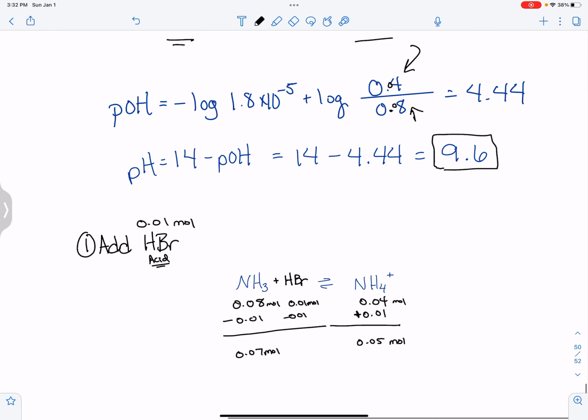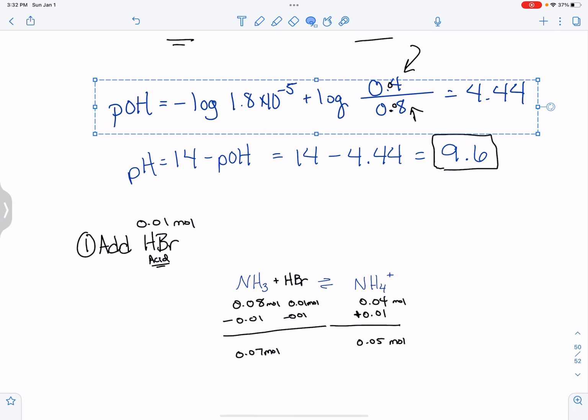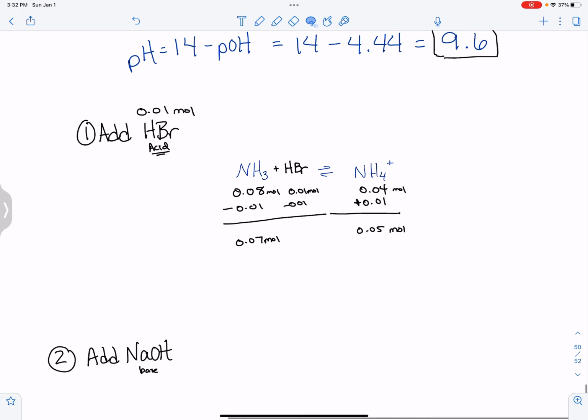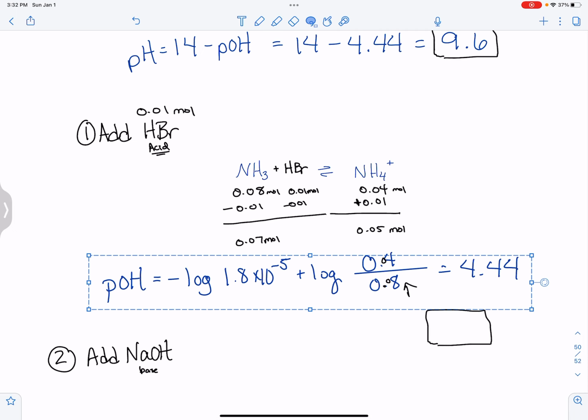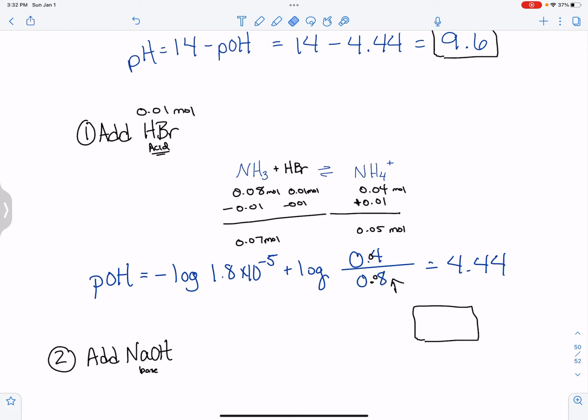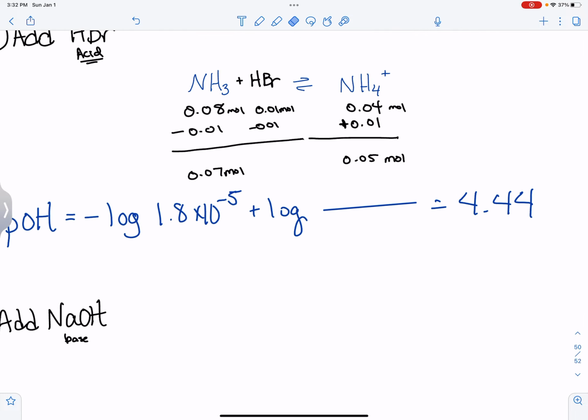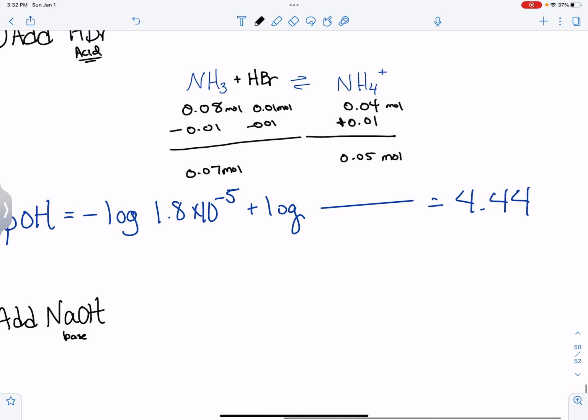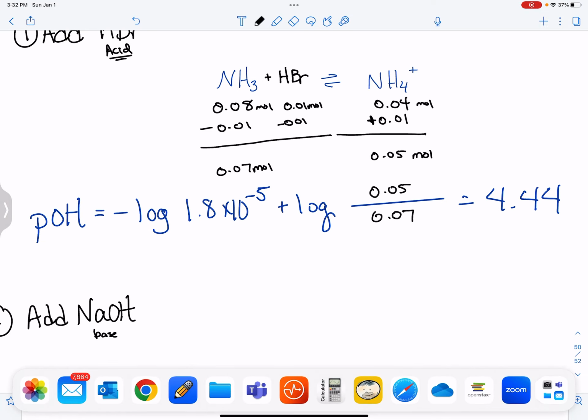Instead of having the 0.8 and the 0.4, now it's changed a little. And now I have, this is my salt, the 0.05, over the 0.07. So when I put that in my calculator,